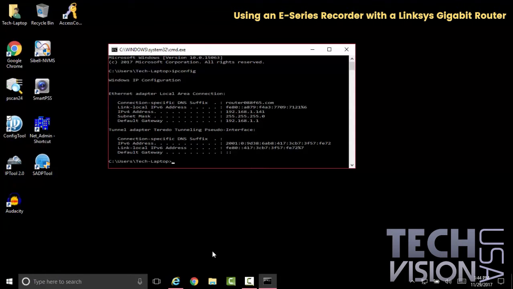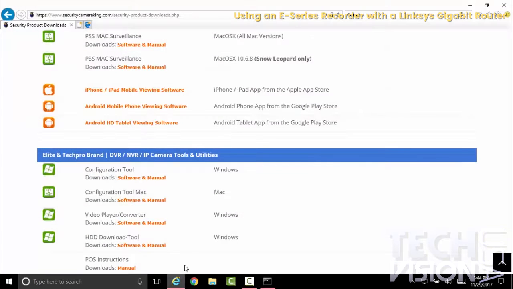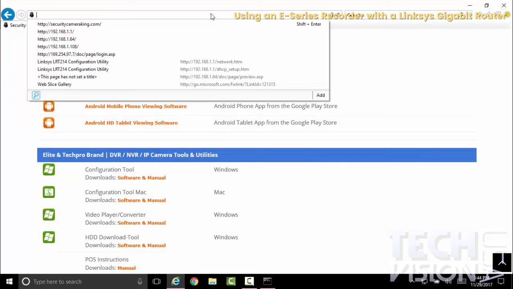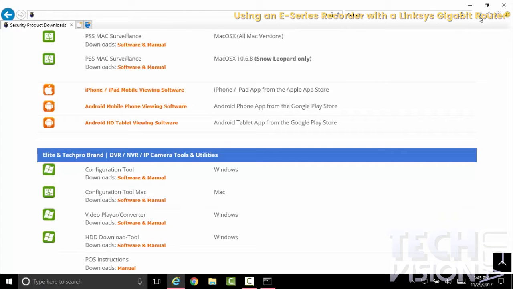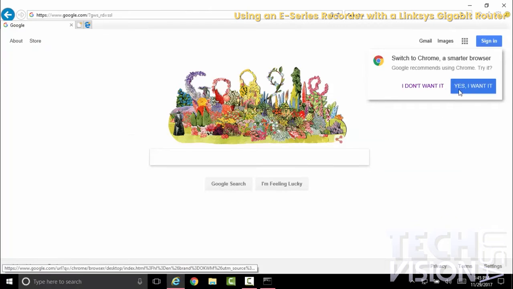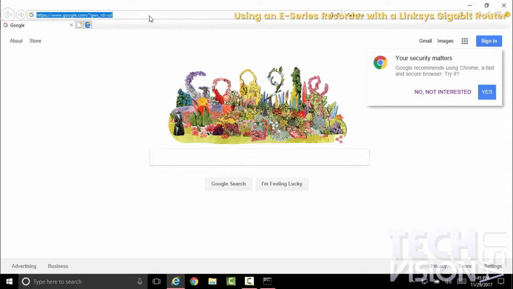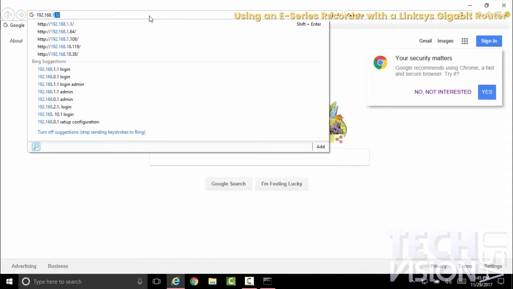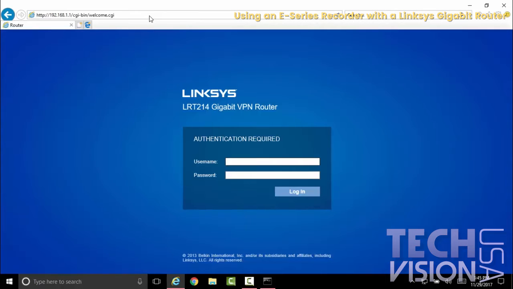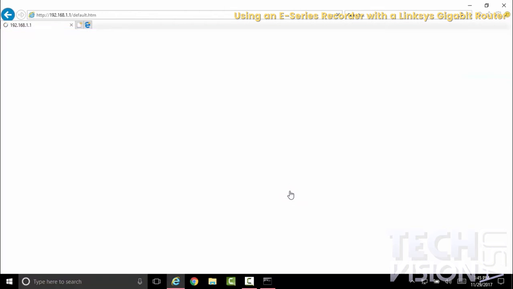So in this case, we're going to go straight into the router. We're going to launch Internet Explorer, and we're going to input 192.168.1.1. Default for Linksys is admin as the username, admin as the password. Click login,